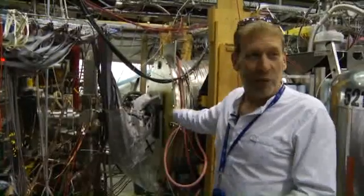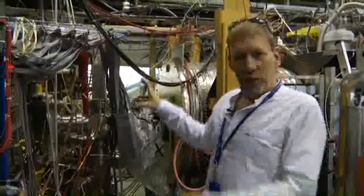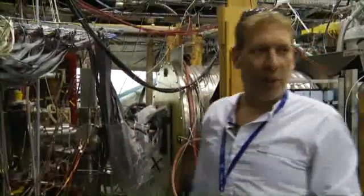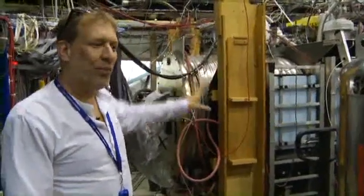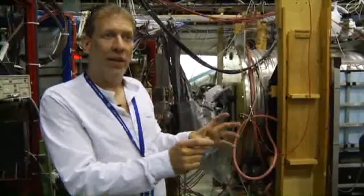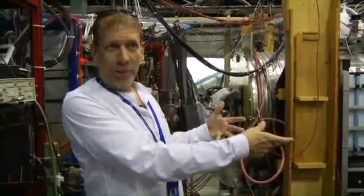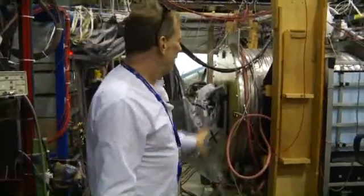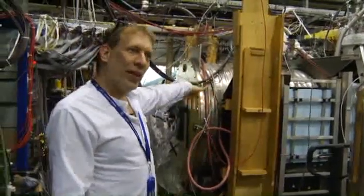This is a big magnet, very similar to the magnet you would see in a hospital for doing an NMR scan. It's used to help to hold the antiprotons and the positrons. In this case, the antiprotons coming from the AD. So they get stored in this magnet, a very high magnetic field, and they get trapped in what we call an ion trap. They're held because they have a charge, with electric and magnetic fields to hold them. And they're sort of bouncing around in there in the vacuum. It's a very, very good vacuum because the antimatter, of course, cannot come in contact with the matter. So we have our antiprotons there, we store them, and we cool them down. The inside of this device is at about